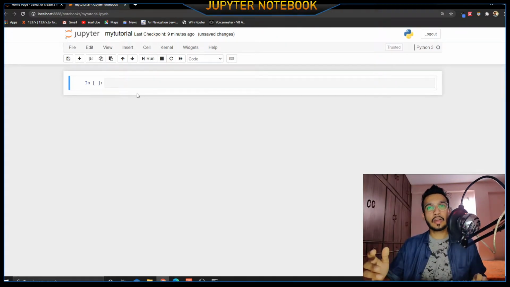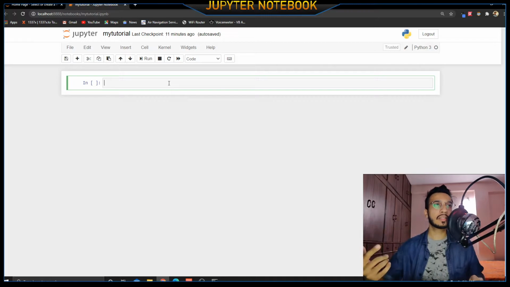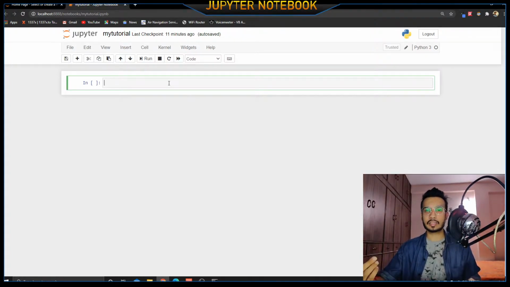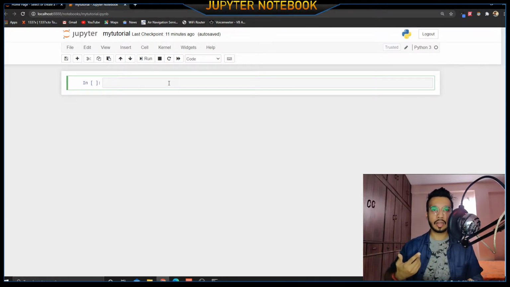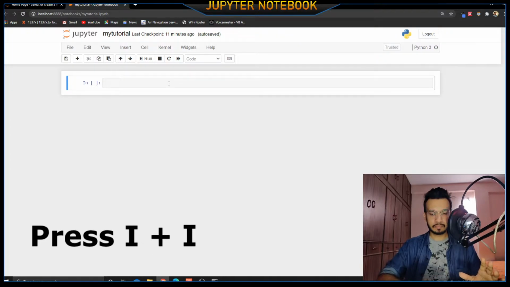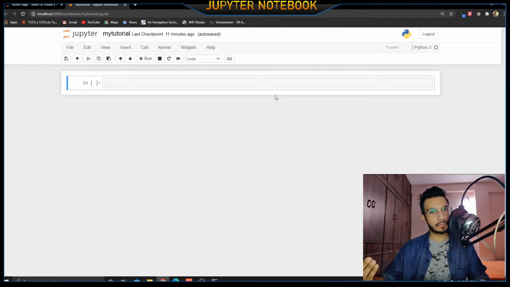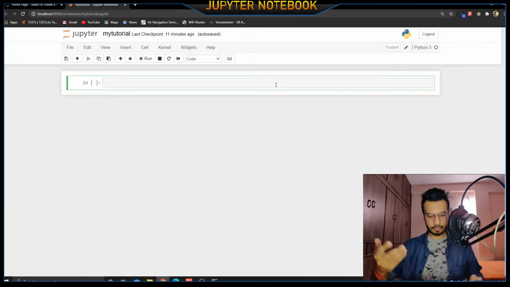So now the next thing we have to know is, right now let's get started with the interrupt mode. So why should we interrupt the kernel, right? We all interrupt the kernel because, for example, there is a for loop and it is not giving an output, and your kernel is busy working over it, and you want the kernel to be like, hey, stop, I don't want you to work over it. We go to the command mode by pressing Escape. As you can see, our cell has turned blue and we have to double tap the I key, and then you will interrupt the kernel and your for loop execution will stop. Yes, it basically stops your for loop execution. And now, for example, let me write down a piece of code.